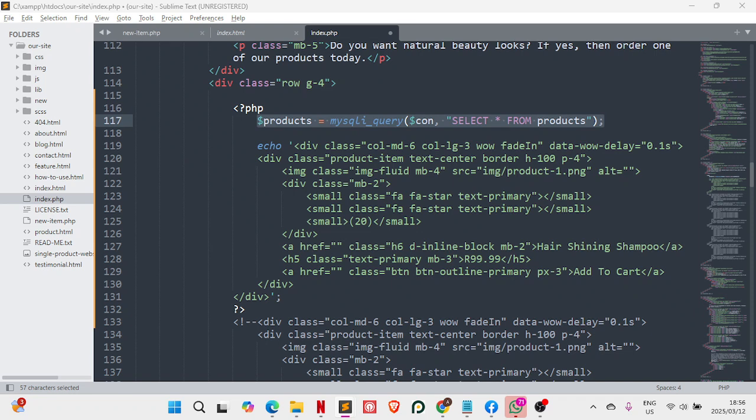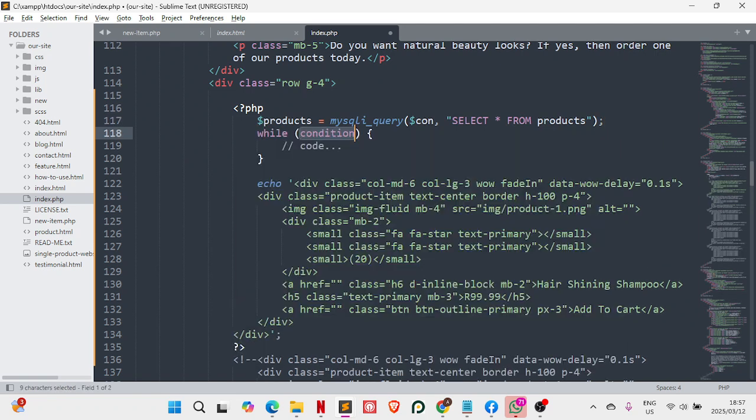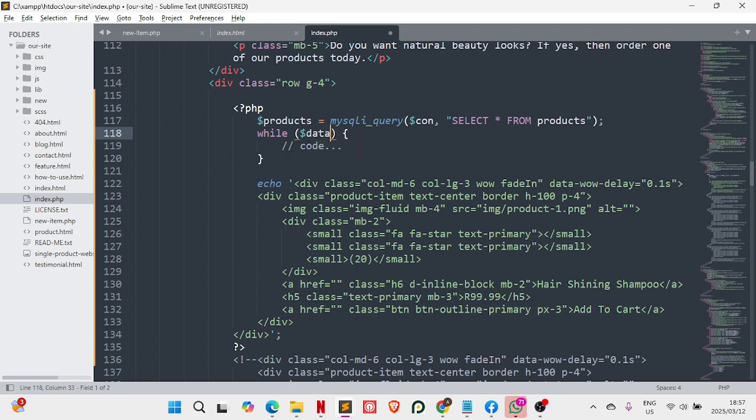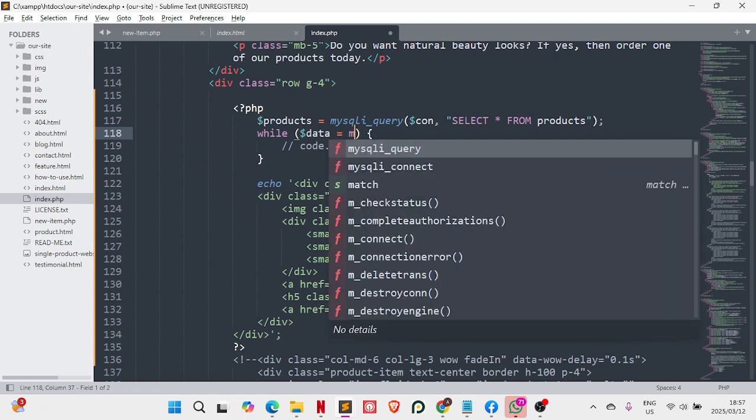Okay, just a second. Let us do it like this. So let us use a while loop, because we don't know how many products are there. So we are going to use a while loop, and then while data is equals to, and then we are going to use the results. We are going to say my SQLi,